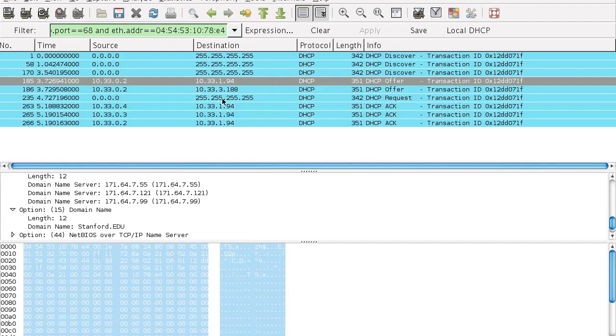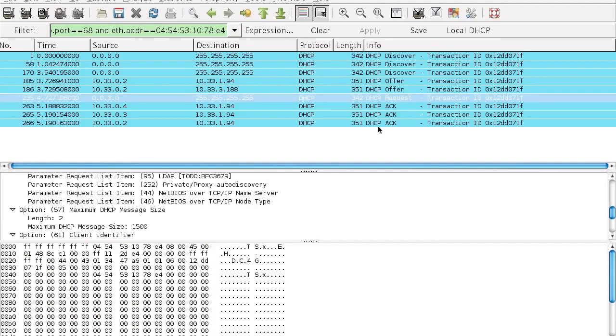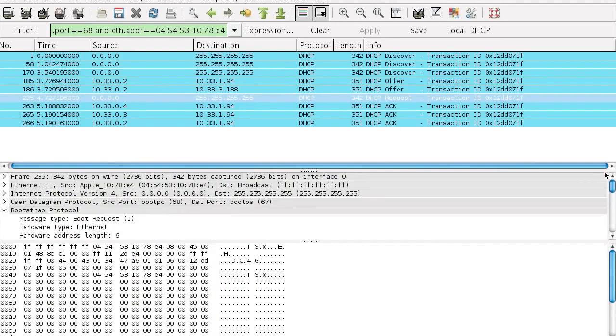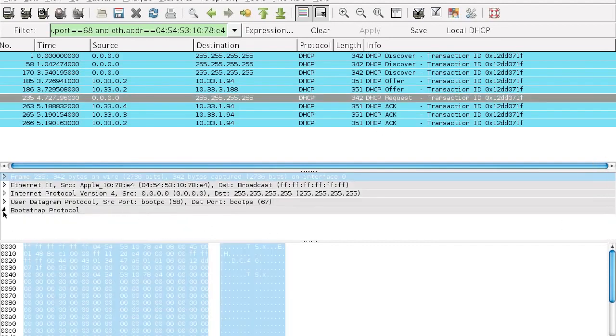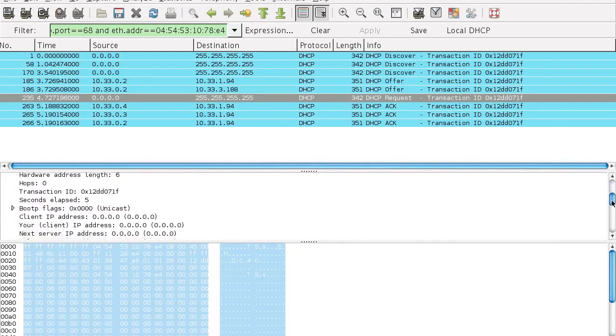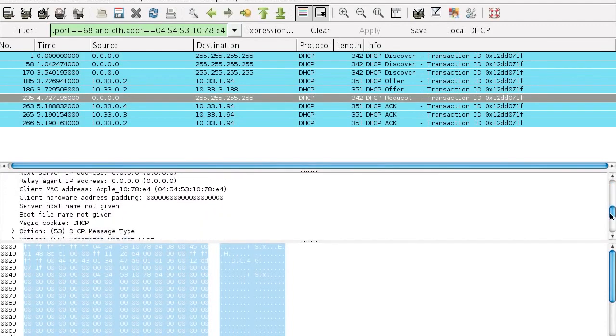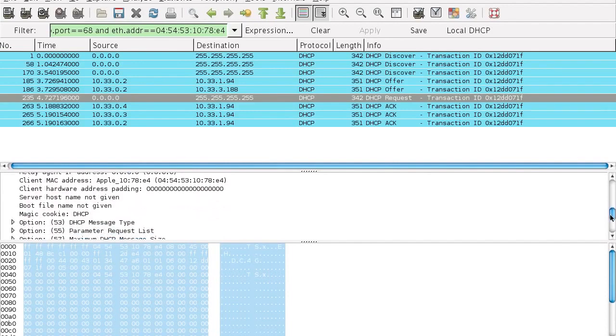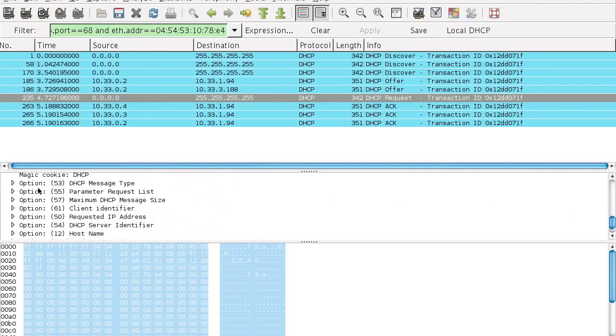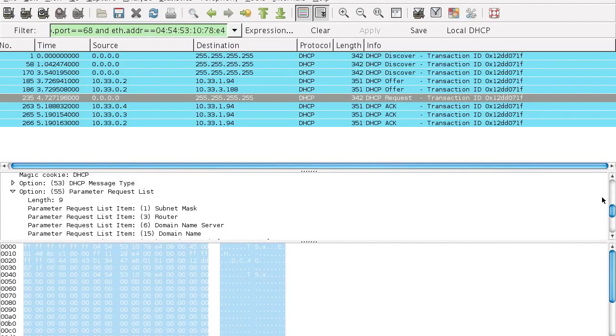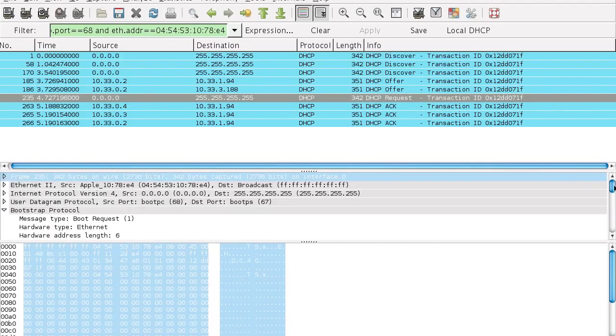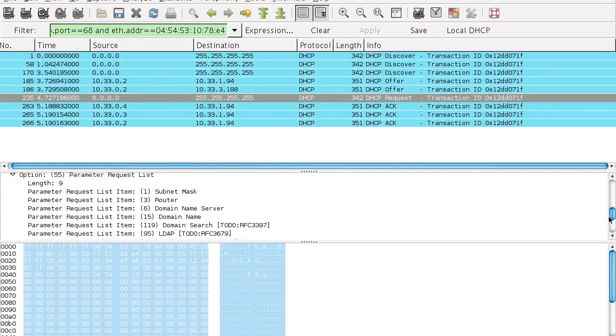Then, in response to one of these offers, my device sends a DHCP request. And so now it's sending, again, here's from my address, sending as a broadcast, it broadcasts its request. And if we look, which IP address did it choose? Here's all this information, all these flags, options. So, parameter request list. So I'm requesting a certain subnet mask, a certain router, domain